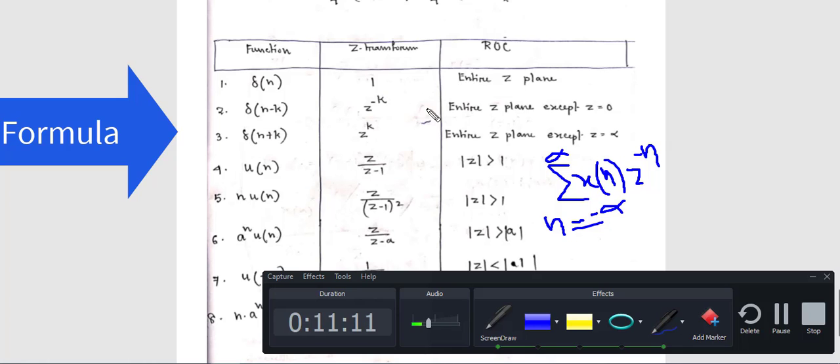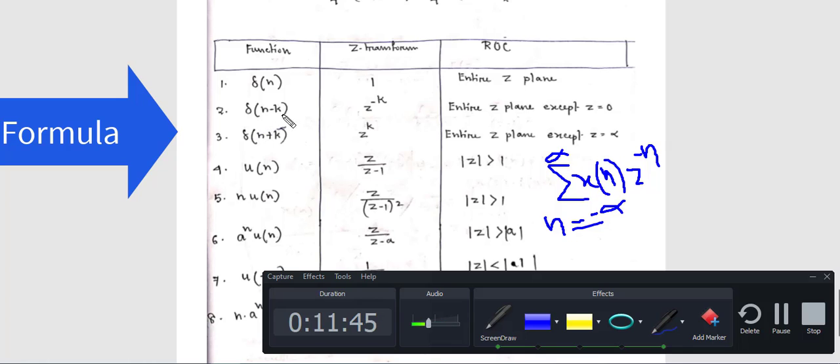Now remember this table. If you can remember this table, then you don't need to calculate every time to find the inverse Z transform. Because in the case of Z transform, from a longer function you can reduce it to the shortest one, and from that you have to choose what will be x[n]. That's why I'm telling you. So delta n is equal to 1. That means if you perform Z transform of delta n, your result will be 1.